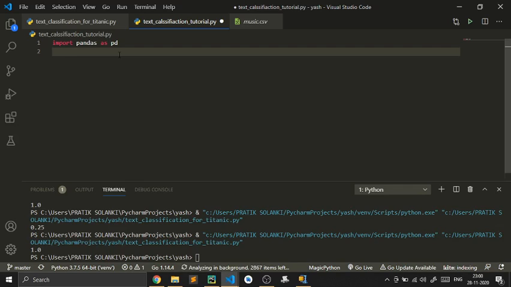So now you need to import sklearn. Now we don't really import sklearn directly. We need to import parts of sklearn. So what we need to do is from sklearn.tree import